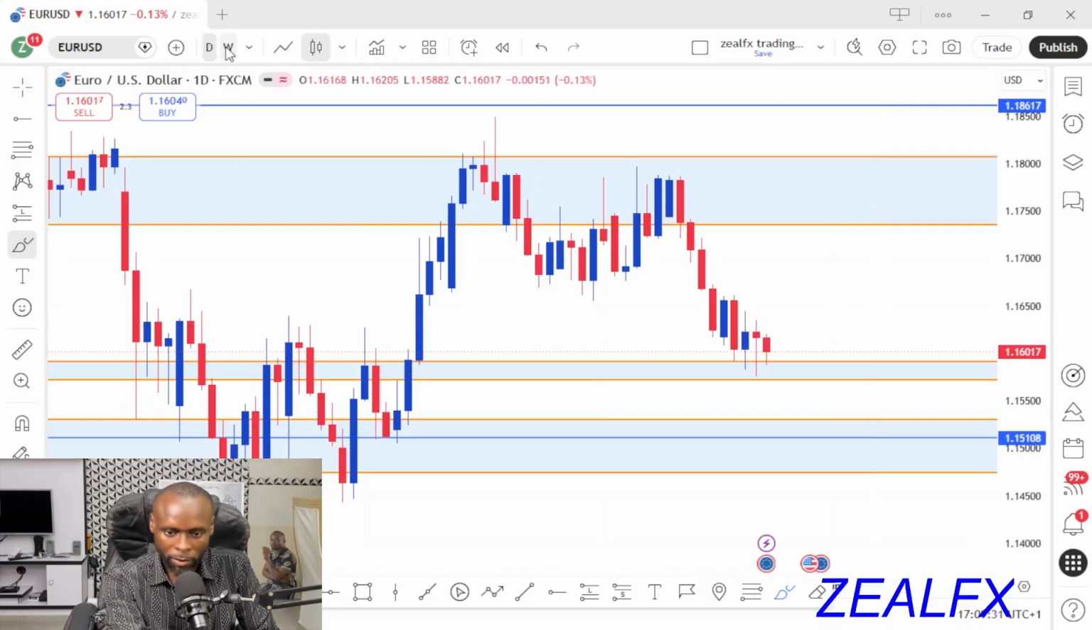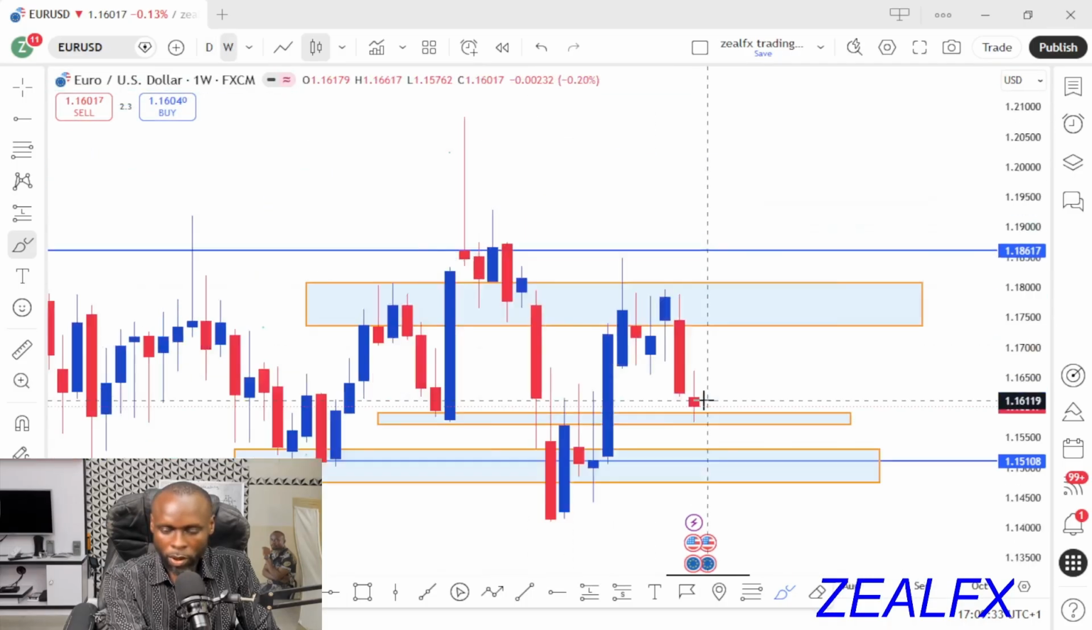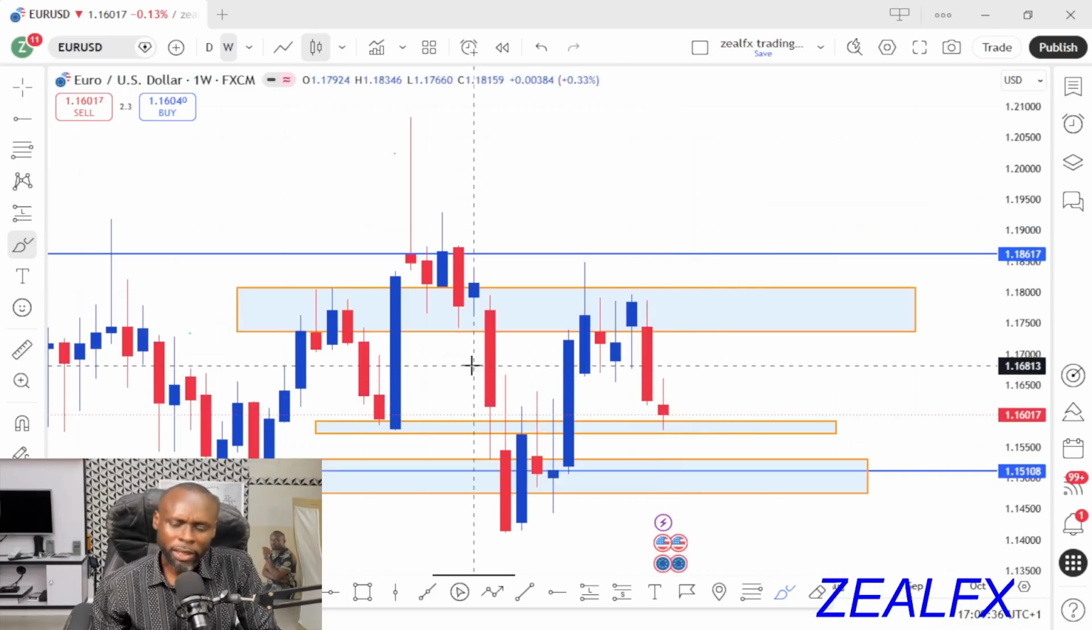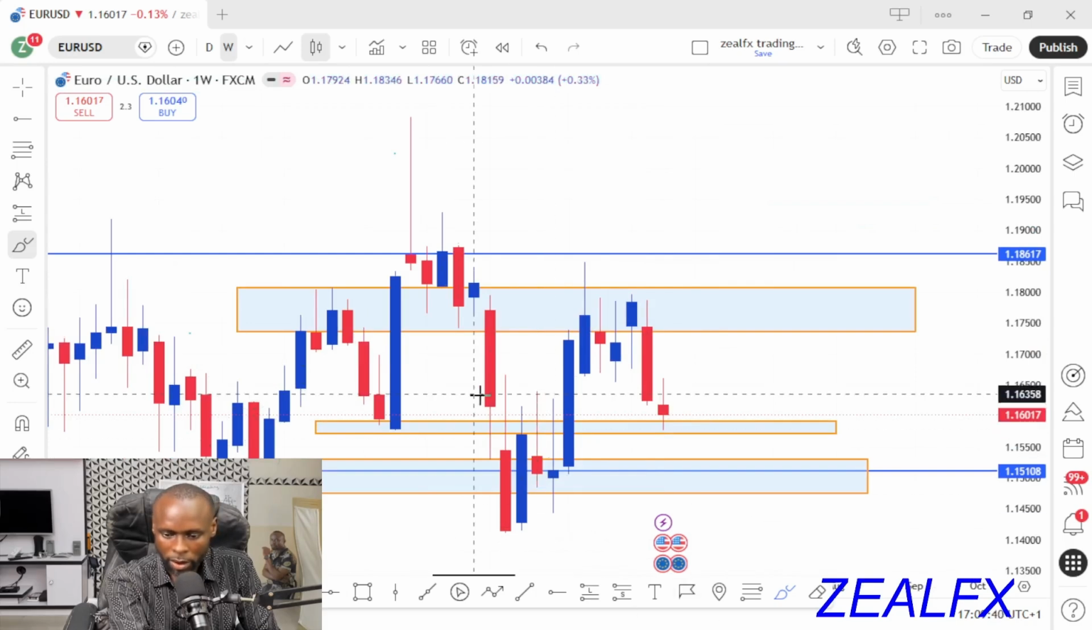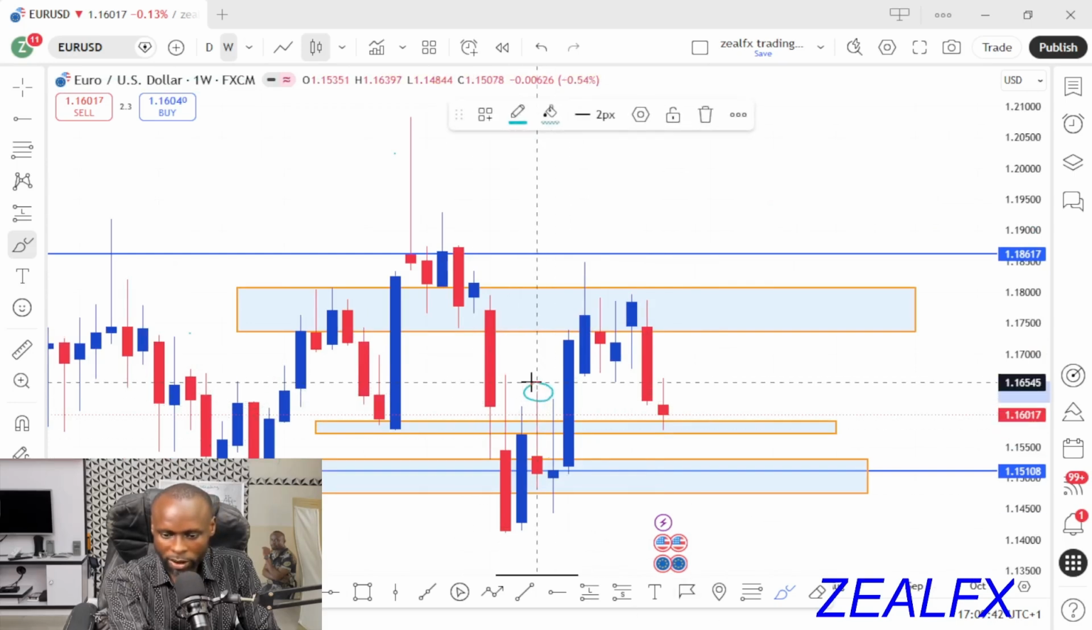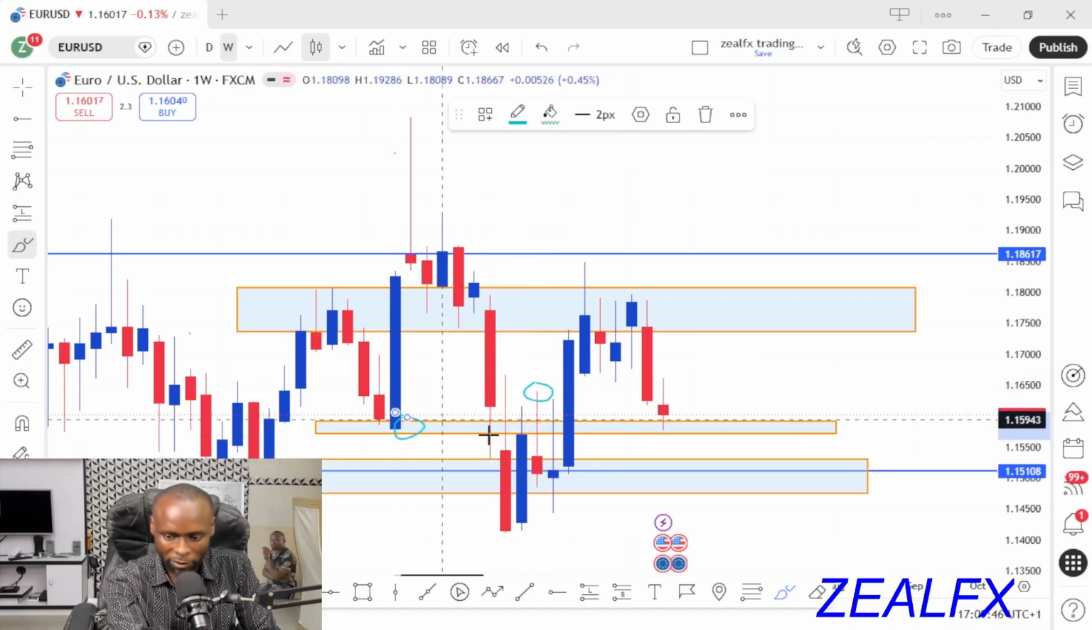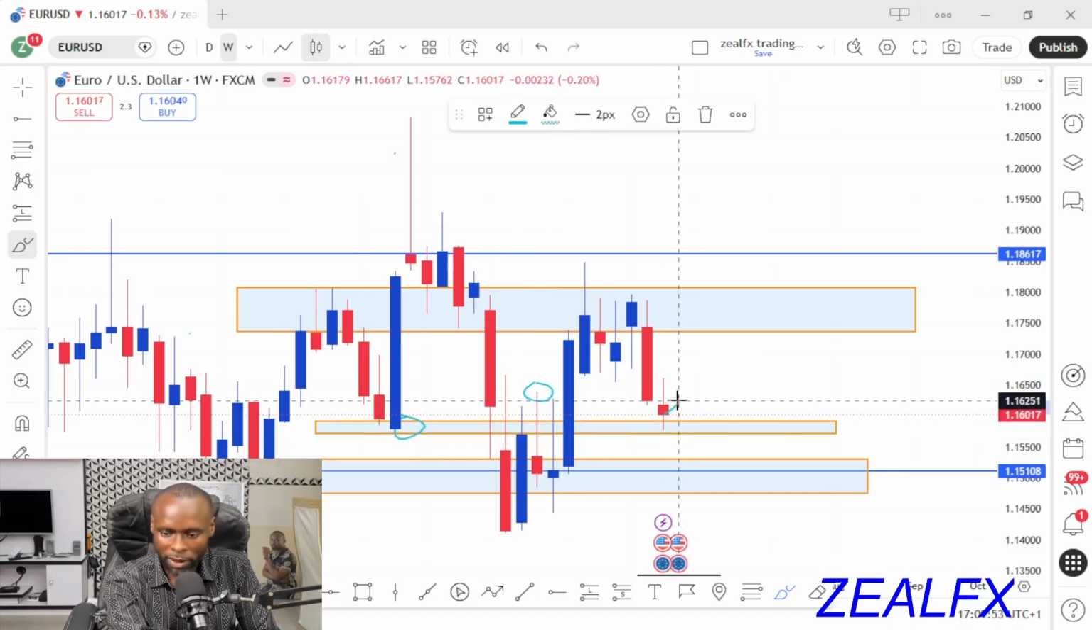EURUSD. Let's start from the weekly time frame. On the weekly time frame, we can clearly see that price still closed on this resistance level on EURUSD. Price tested this particular support level and closed on a resistance level. What does this indicate? This indicates we might see a retest of these areas,